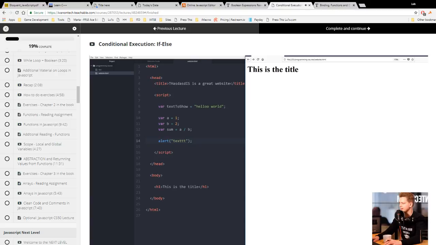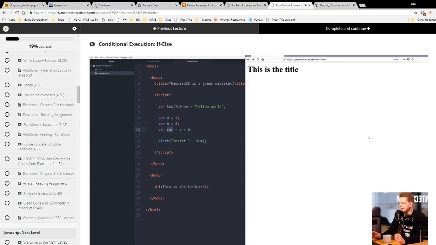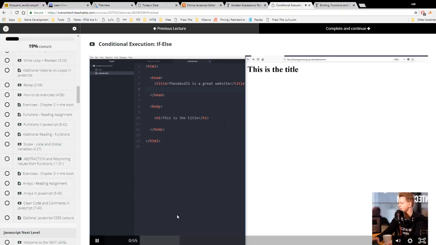Also, something interesting is that we can print text, and then if we write plus and then add a variable like this, you see that it will print text and then plus 0.5, which was the value of this sum variable. But let's now add more interactivity between the JavaScript code and the HTML, so that we can do some cool things. To start off, I would move this whole script tag, I would remove it, and then I would